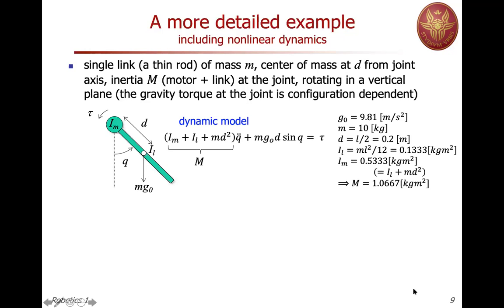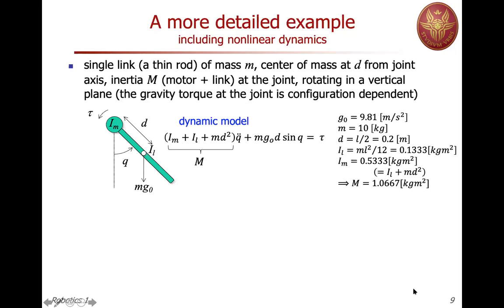We have a motor. The motor is producing a torque at the joint level. There's an inertia of the motor, which is labeled here as Im. The link itself has an inertia, and typically there's a center of mass. Suppose that this is a uniformly distributed mass link, so its center of mass, or barycenter, is at more or less the midpoint. But in any case, you can always locate this center of mass at a distance d from the rotating joint